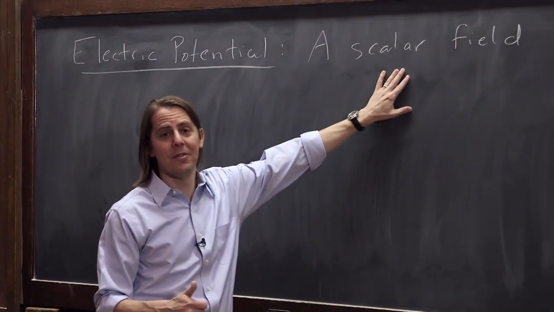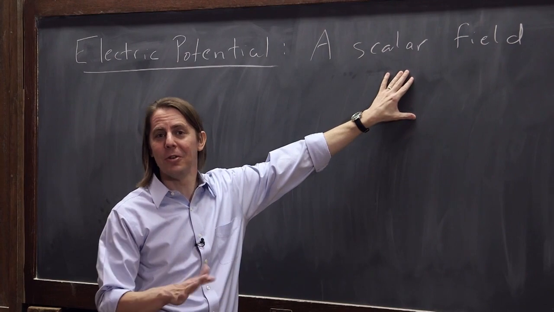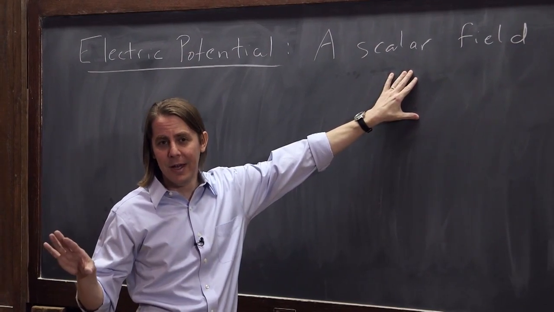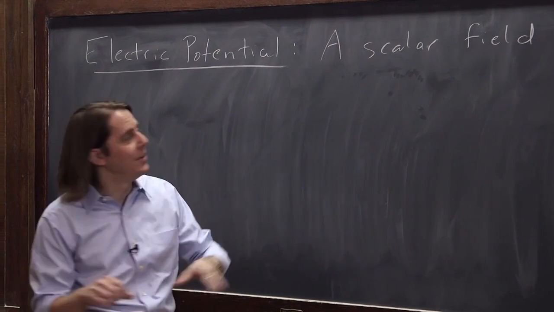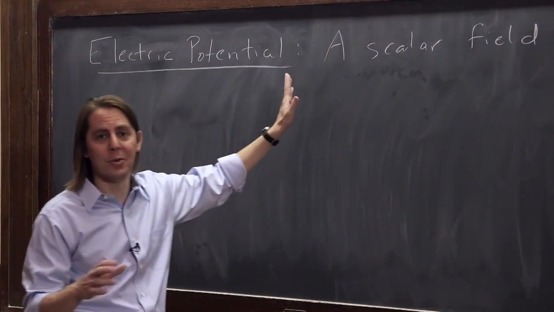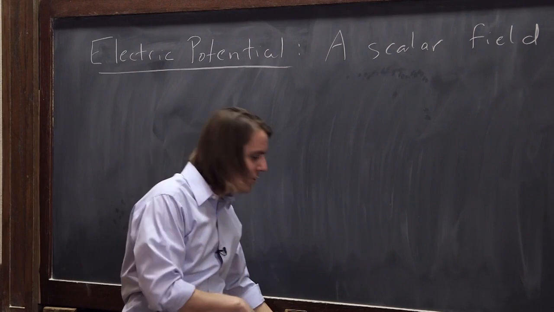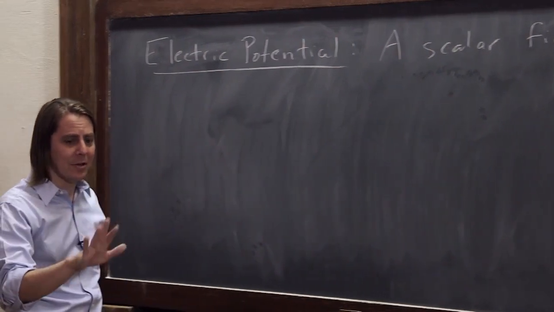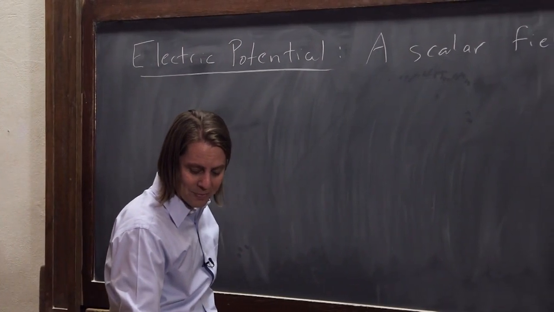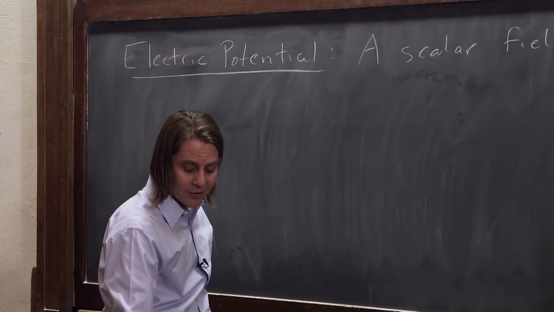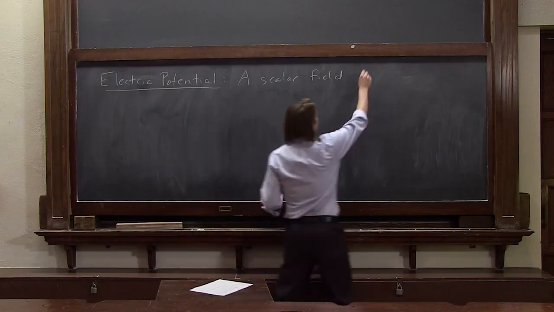For instance, now we're taking a step back. It's a scalar field. It's not a vector field. So it's actually a little bit easier to use than the E field. It makes sense electrostatically to bring it in later, but it's actually mathematically simpler because there's no direction to worry about. It is just a simple scalar field. So if you're feeling lost in the math and you're thinking of giving up, don't give up. This is not the time because the math is about to calm down, okay? So it is a scalar field that is equal